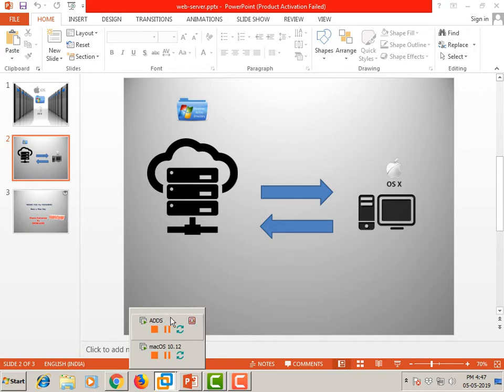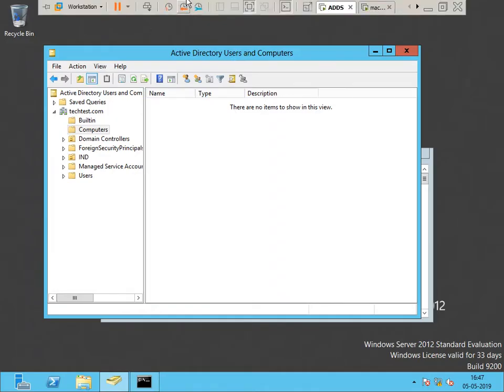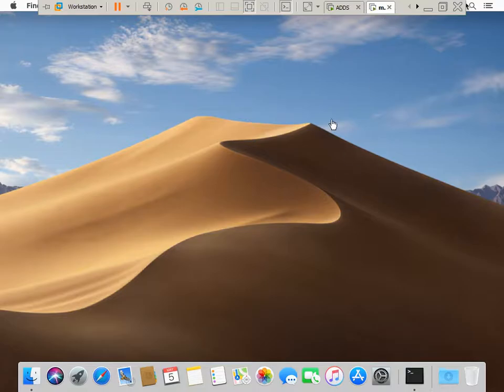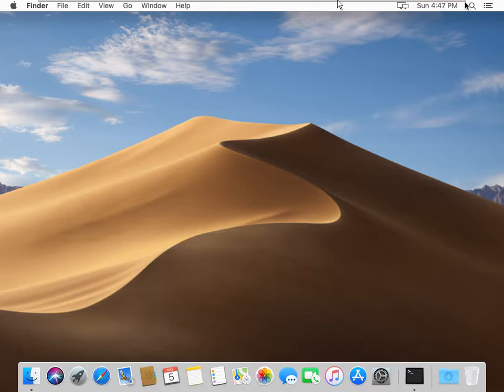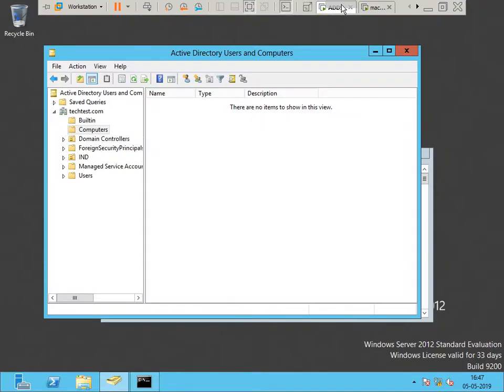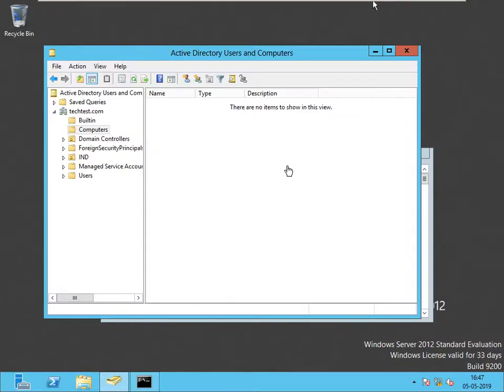Here I'm using VMware Workstation 15.2. You have a Windows 2012 Active Directory, and here I'm using Mac OS as a virtual machine, which I downloaded over the internet as a virtual hard disk. In further videos, I'm going to explain how to download and import the hard disk, and how to use a third-party tool to unlock the VMware Workstation Mac option. In this session we are going to see how to make a member.